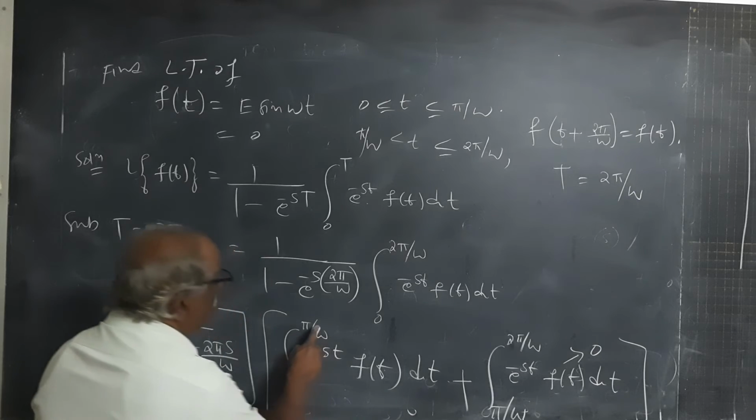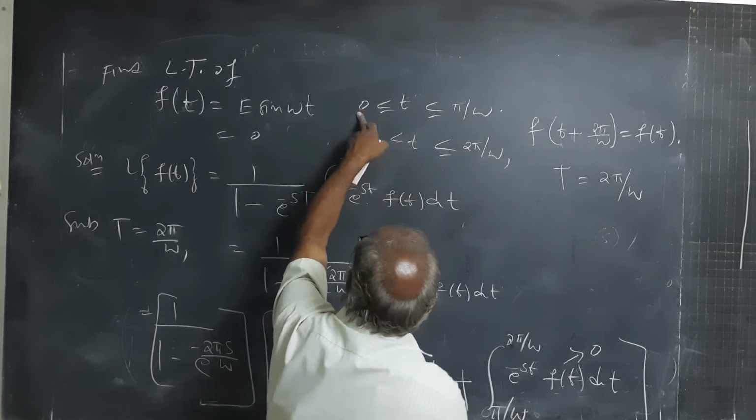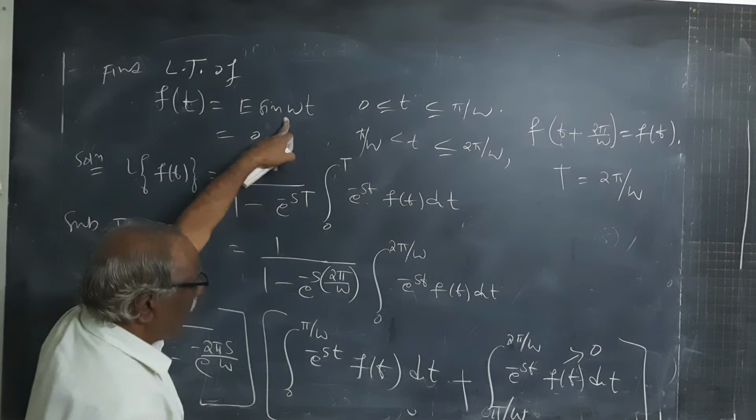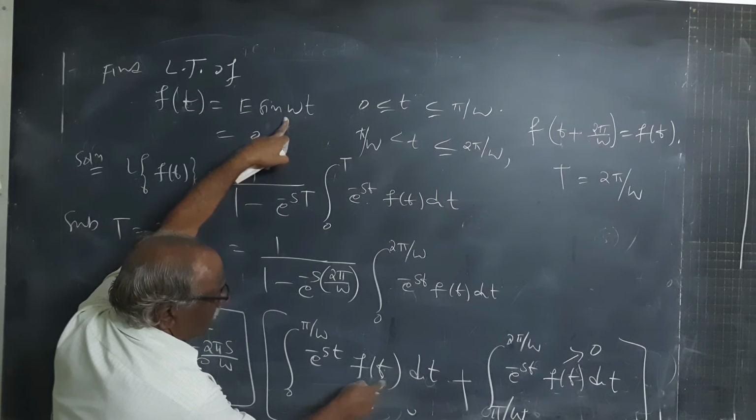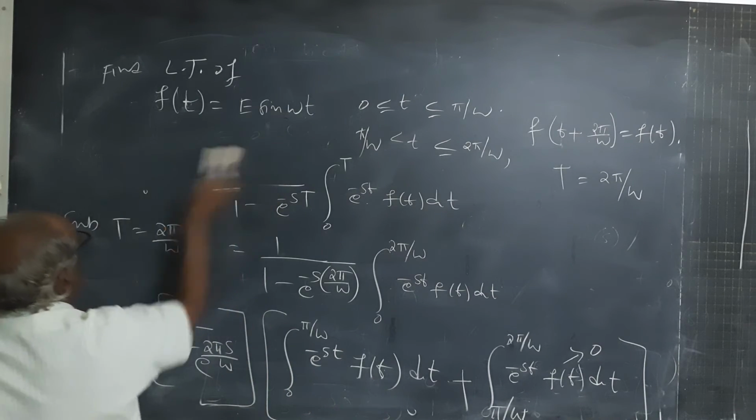Now in the interval 0 to pi by omega, what is f of t? In the interval 0 to pi by omega, f of t is E sin omega t. So here for this f of t, I am substituting E sin omega t. So